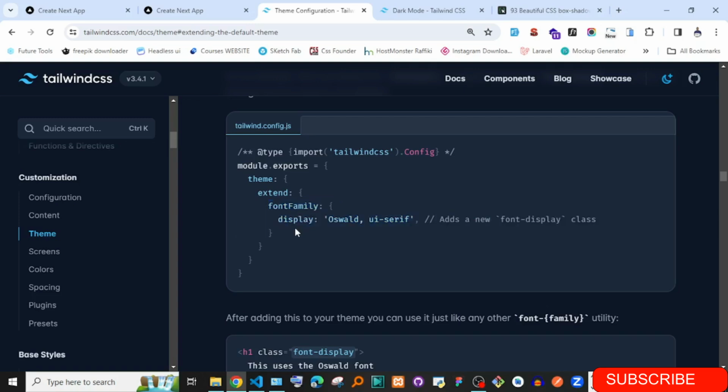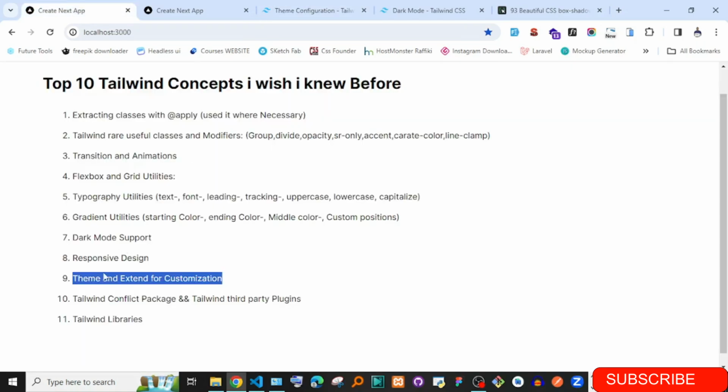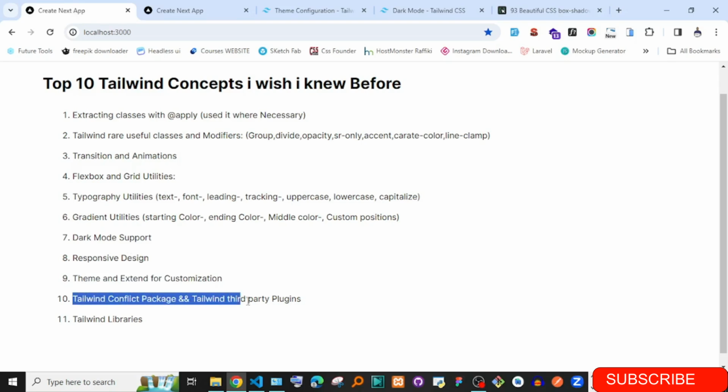The good thing is that whatever you add in, they add it in the auto completion globally in this Tailwind. So next on our list is using this Tailwind config package, and this package is called